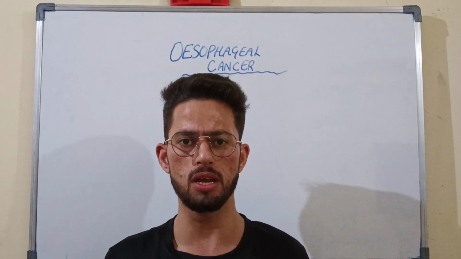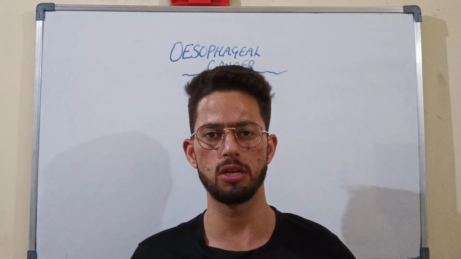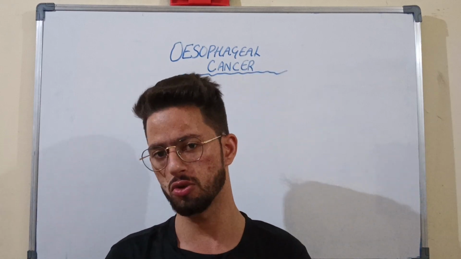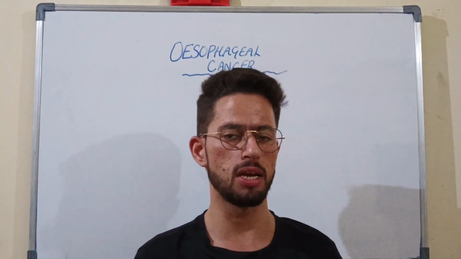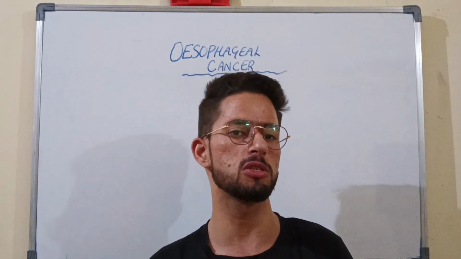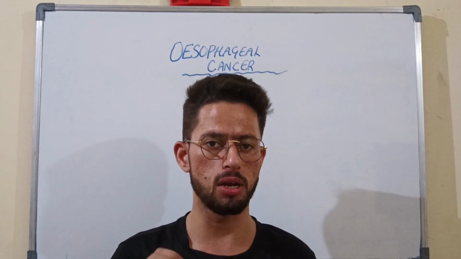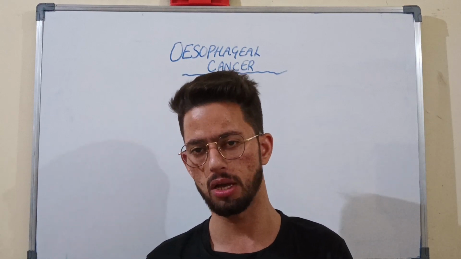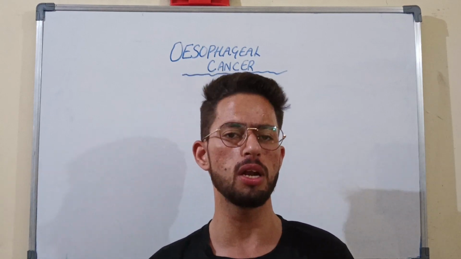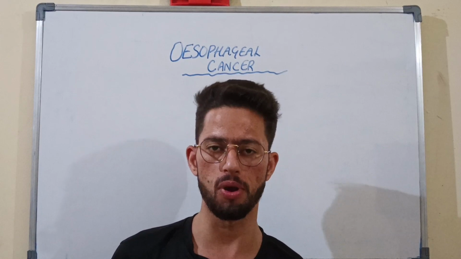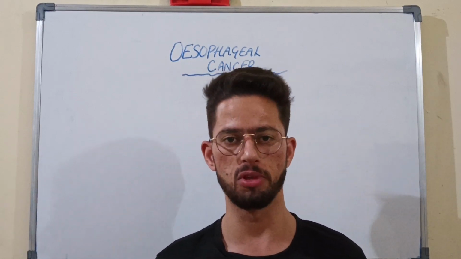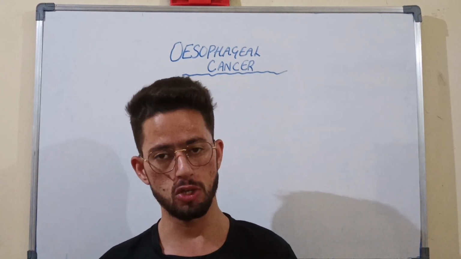If it is fourth stage cancer, and the esophagus has been destroyed and permanently damaged, the doctor removes the portion of the esophagus and surgically performs an anastomosis. Anastomosis means surgically connecting one healthy part of the esophagus to the other part, so that the esophagus may work properly. So the improvement will be there, improved peristalsis. So this was all about esophageal cancer.